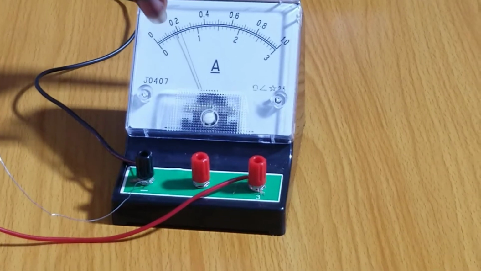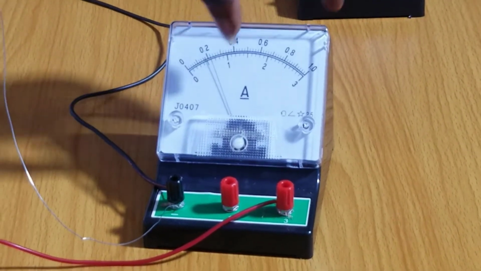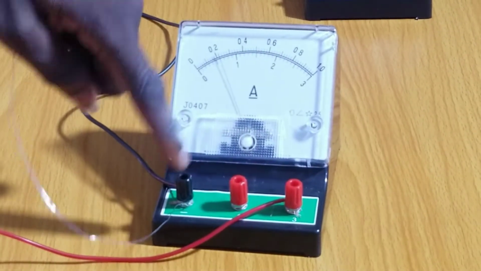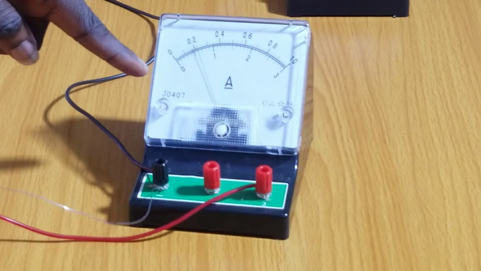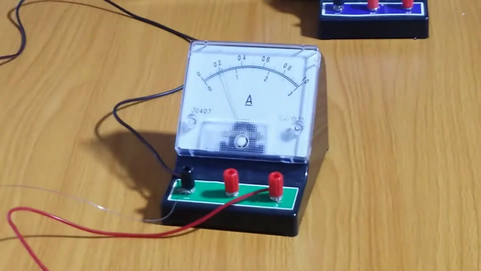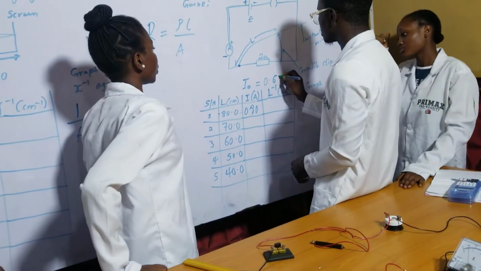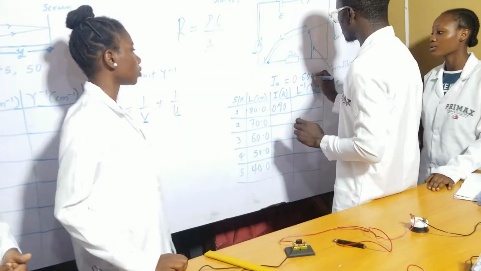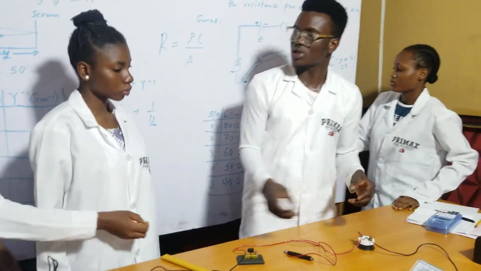So there are 10, 1, 2, 3, 4, 5, 6. We plugged it to 3 to 0, so from 0 to 3 range. So we are taking the reading of the one below. So that is 0.6, because this current shouldn't actually be more than this. So that's 0.60 ampere. You understand that? So now at 80 centimeter, we got